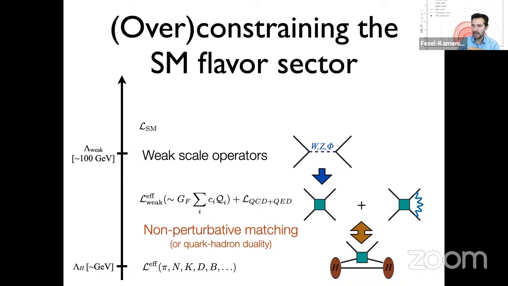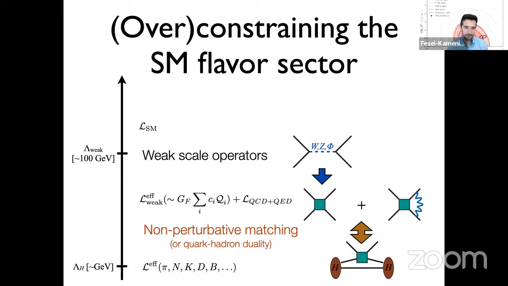So we integrate out the heavy fields, the W, the Z, the Higgs, the top at the weak scale. And at the intermediate scales, we have the effective theory of weak interactions, like the Fermi theory, which can be